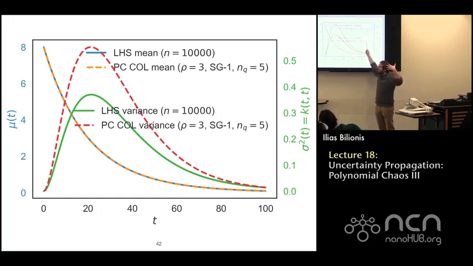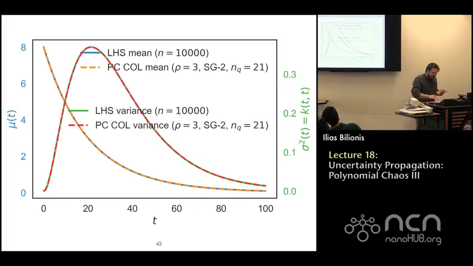It's sparse grid level 1 in three dimensions. I'm not even sure that it's level 1, but anyway, let's just say that it is. It has 5 quadrature points. I'm sure about that. And just five evaluations of the model gives you basically a perfect mean,